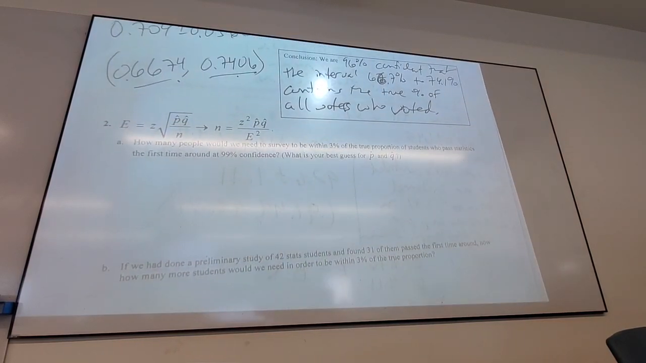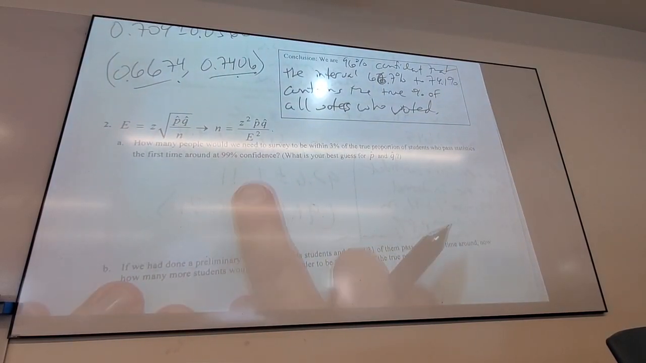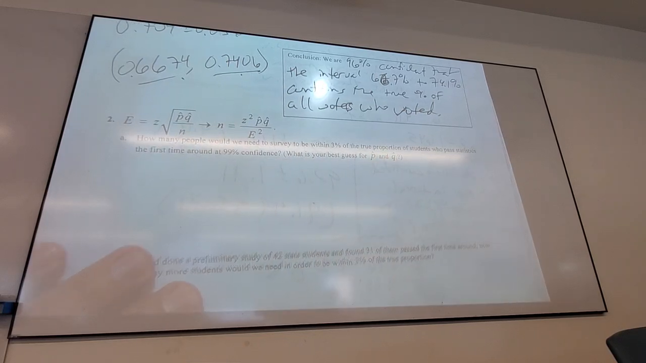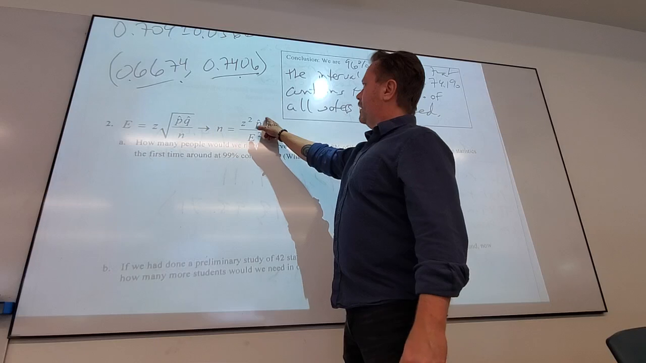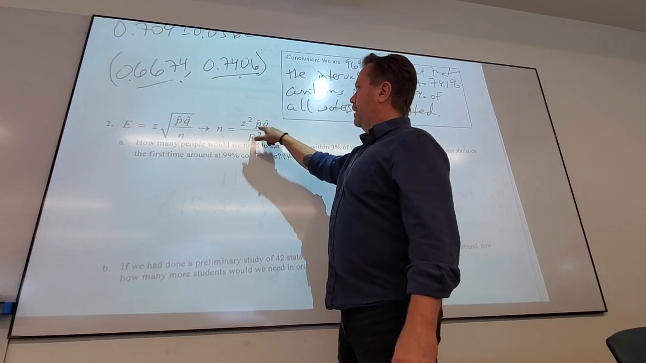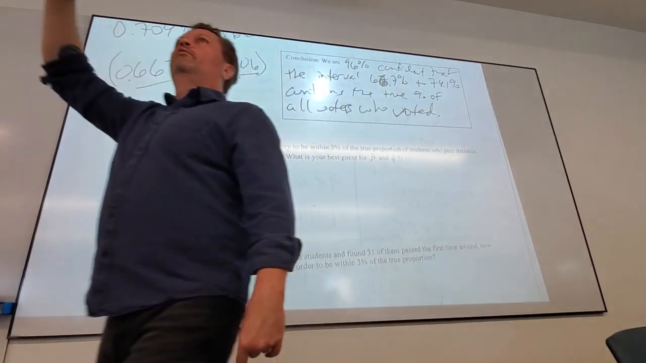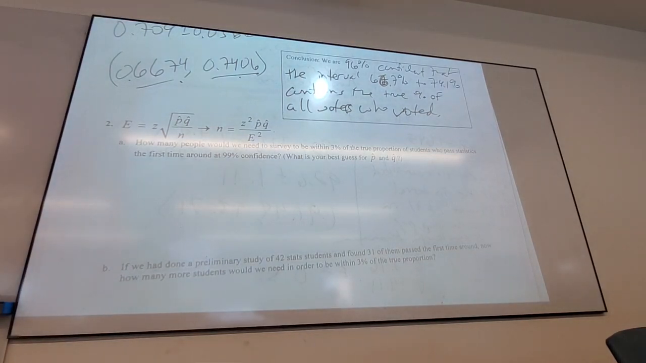The other part of this is, do you see how I have to know these to be able to plug them in? What if I haven't taken a sample yet? And that's the whole purpose, yes? I'm supposed to do this to figure out how big of a sample I need to take. But where do P hat and Q hat come from? The sample, yes? I haven't taken a sample yet. To figure out how big of a sample I need, I have to have taken a sample. So,